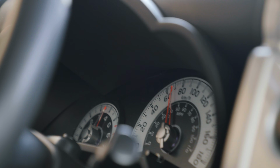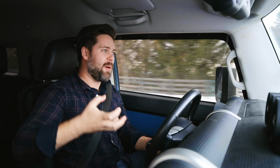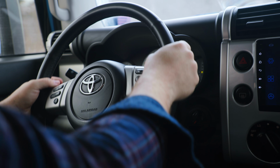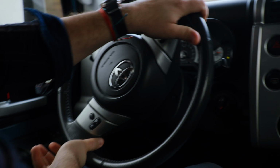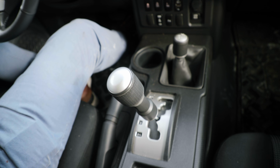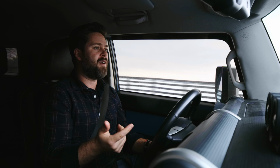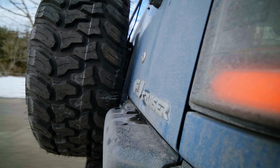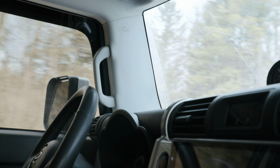But it's got more torque than you even need for an off-roader. Doesn't exactly sing, but it's got that kind of punchy low-down displacement of a 4-liter V6. It's not a small engine. Steering has actually quite a lot of feedback, but that's just because it's old. And the transmission stays mostly out of your way. I think I'd prefer this with a manual, though, just because it would be more fun. But the best part is you constantly get this sense of occasion when you drive it, because it really does feel different. The visibility is bad, and I've got this